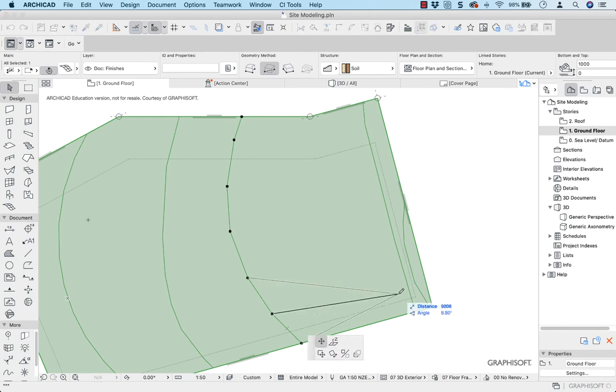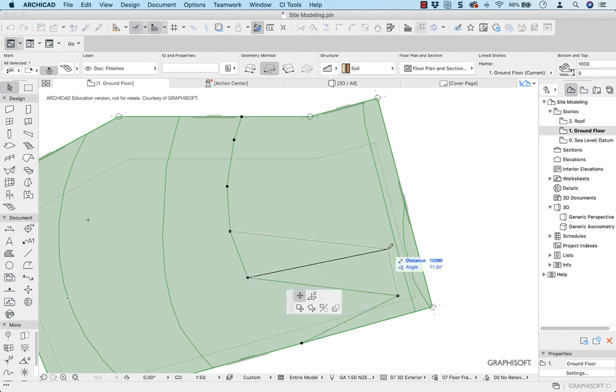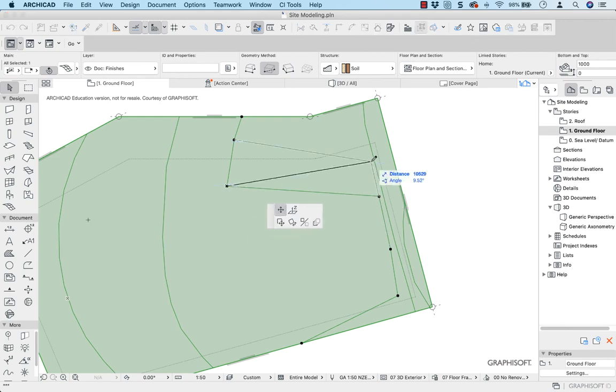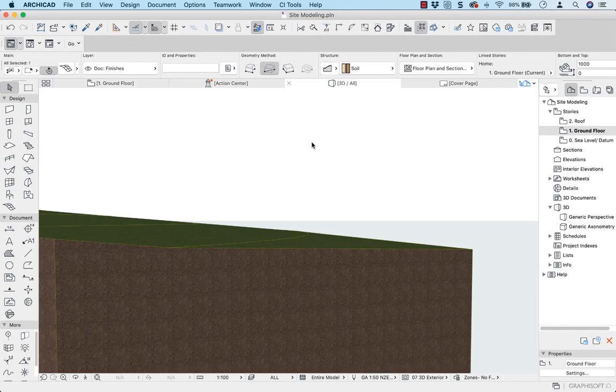So let's move that one back to there, and I'll move these ones back as well. So let's move that one back to there. I'll leave that one where it is, so we'll move this one back to here. And what we're doing is we're actually changing, just make sure you grab that dot there, I'm changing the fill or the cut and fill of my site. So now I've flattened out this area here. So if I go back to a 3D view,